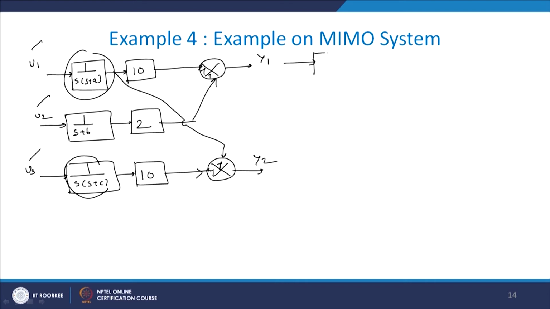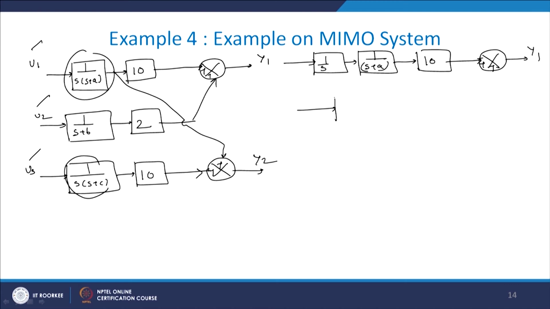Here I am showing 1 upon s, 1 upon s plus a, then 10, and there is this summing block, and this is y1. Here the thing is the same, no change, that is 1 upon s plus b, these 2,